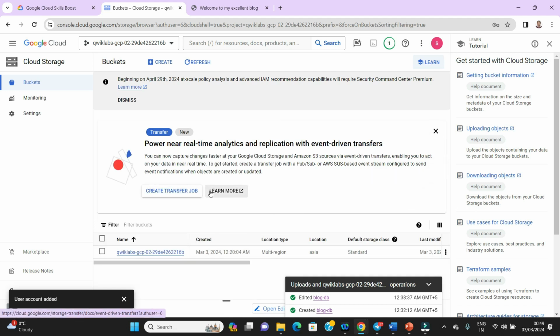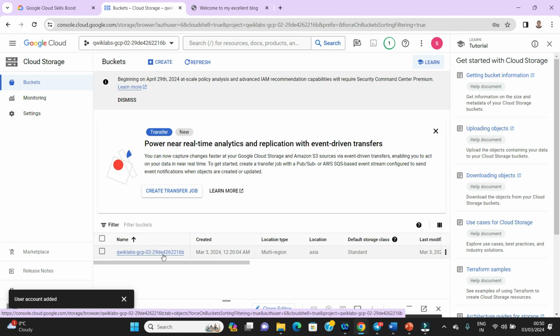This is the one bucket we have. Now what else can we do here? You can see this is the bucket, and if you remember, the bucket name we gave is the same as our project name. We gave this because we have to give a unique name. You might have given some other name, but we know the project name itself is unique, so we gave the same name. This is done with the help of coding. Through the Cloud Shell, we just write the command and we are done with all this job. Now, what else can we do?